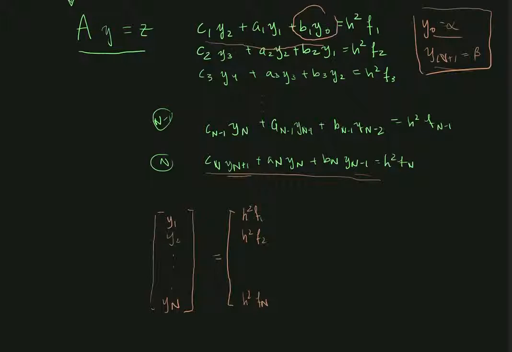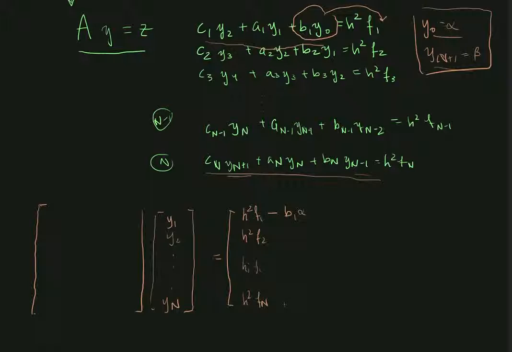This term is equal to b1 times alpha, because I know the value of y0. And because of that, I do not have any matrix coefficient that I can represent this by using a matrix A that I will draw up here in a second. So what I have to do is move this over onto this side, which gives me h squared times f1 minus b1 times alpha. And then all of these, h squared times f2, and so on, hi times fi, are just all fine